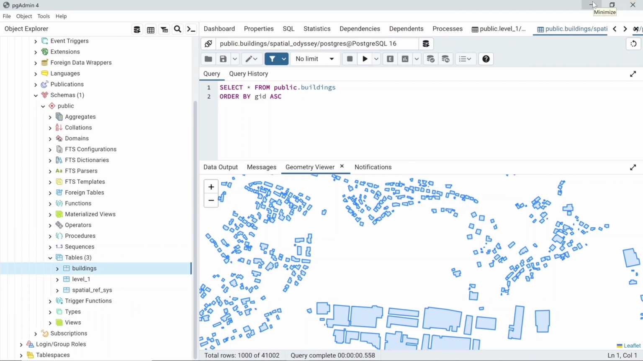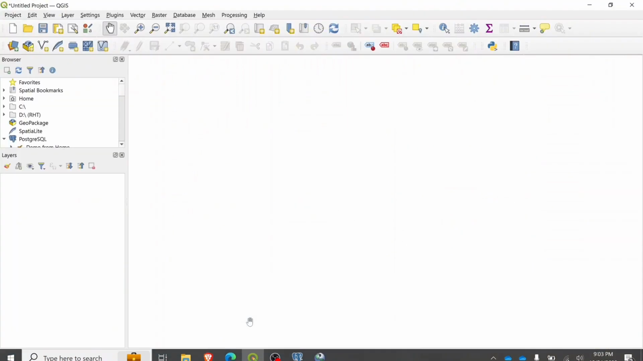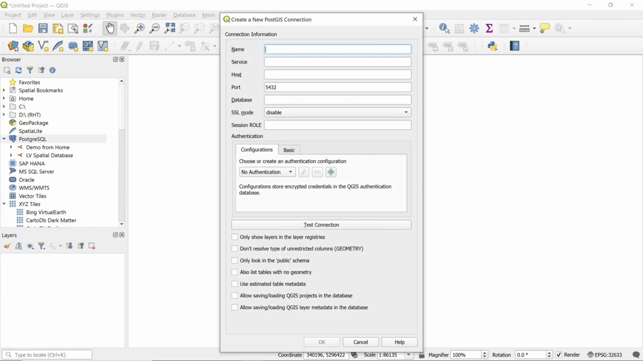Another way to add the spatial data is using QGIS. If you don't know what QGIS is, QGIS is an open source GIS desktop platform for viewing, editing, printing, and analysis of geospatial data. First of all, we will connect our QGIS with our database. To do that, we will go to PostgreSQL, expand it, and make a new connection. You can provide any name for this connection. For now, I will write